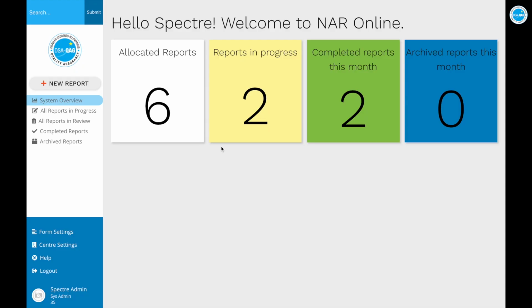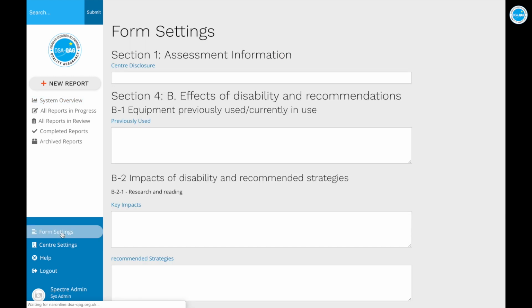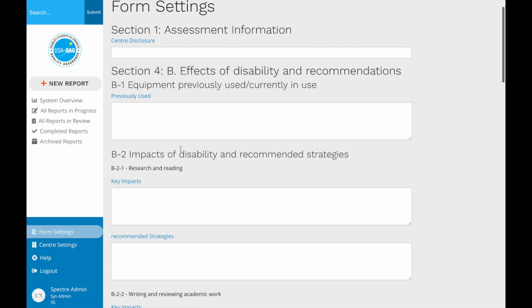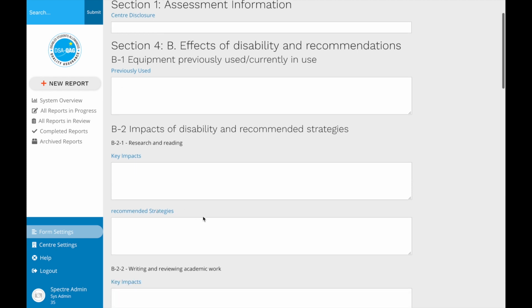There are areas of the needs assessment report where centres can commonly populate these fields with the same information over and over again. This information sometimes relates to centre-specific information that doesn't change and stays the same for every needs assessment report. To allow for this, we have added a form settings area. The form settings area allows you to enter a preset piece of text into certain parts of the needs assessment